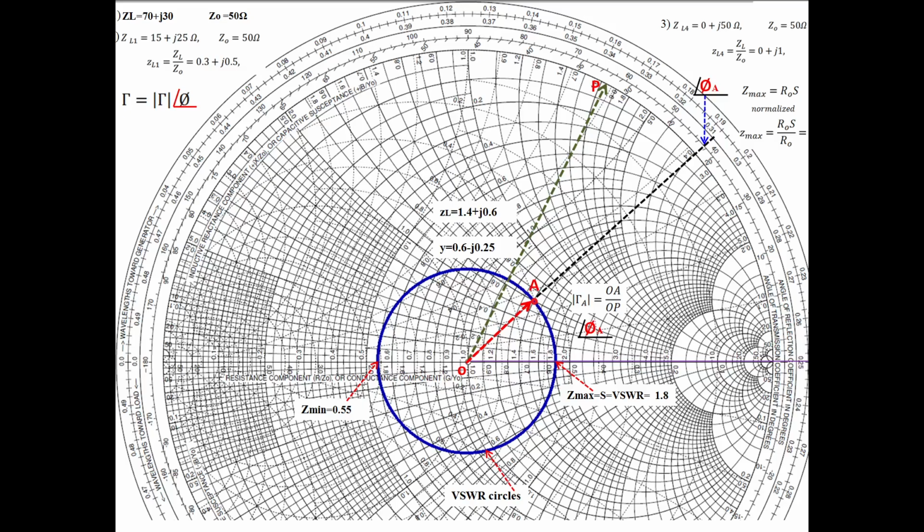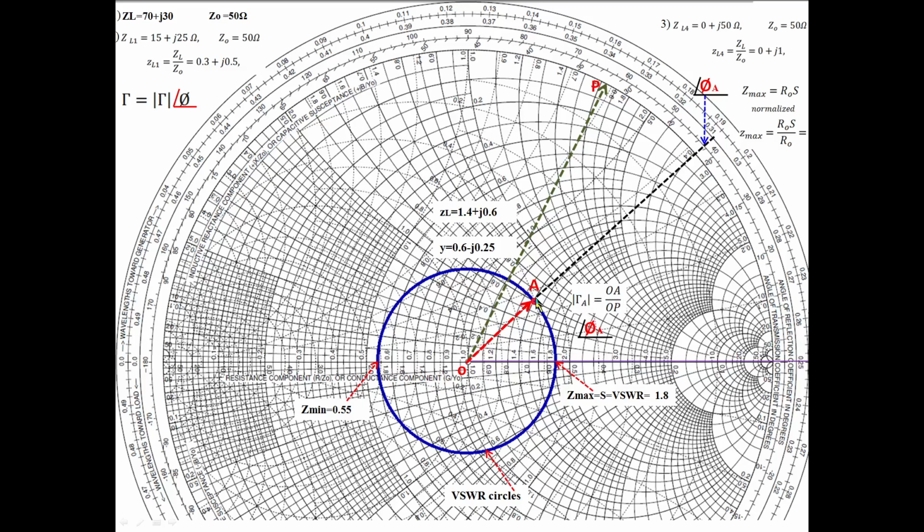You see, you got it now, how to find the angle and magnitude of the reflection coefficient. This is a way you can easily do this from the Smith chart instead of the mathematical equations. So this is for this particular load, 70 plus j30, Z0 equal to 50 ohm. You take the normalized load and mark it on the Smith chart and do this procedure, whatever I said: OA by OP. That gives the magnitude of the reflection coefficient.